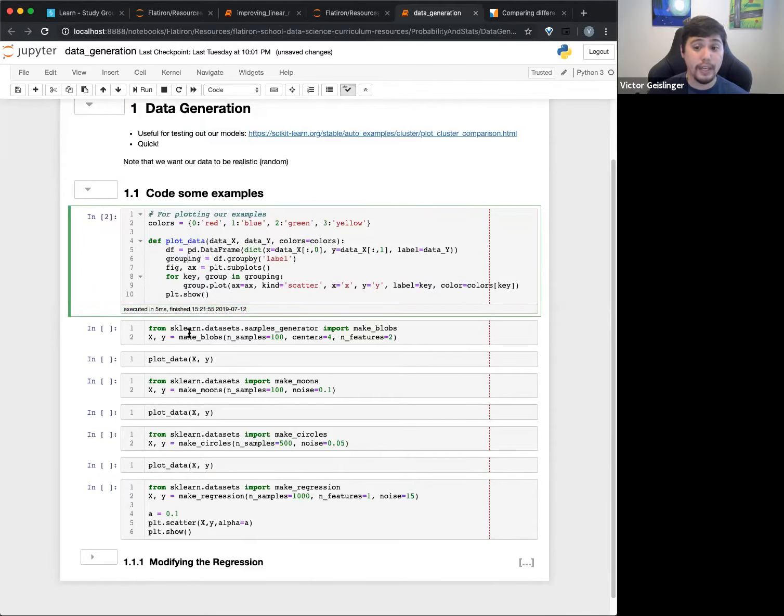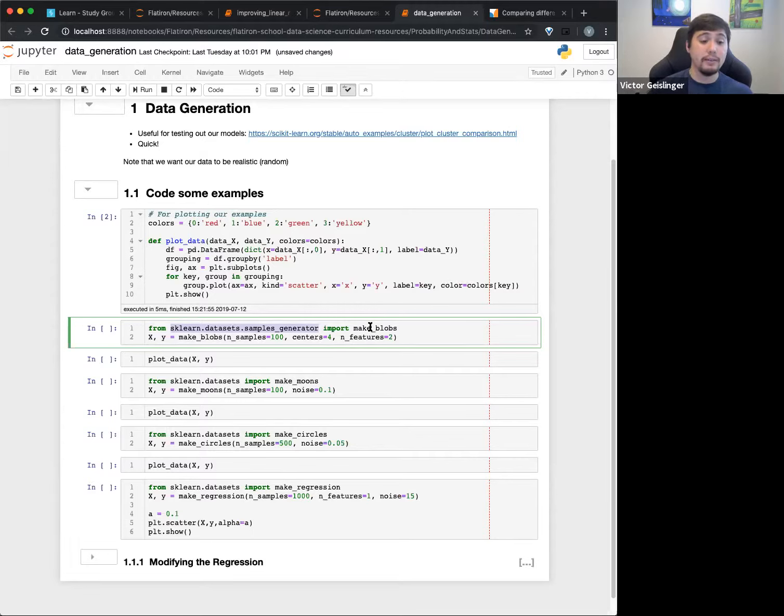what data we generate. So right here, this is our actual generation. This is going to use sklearn datasets samples generator, okay? So this is our whole library right here, and we're gonna import make_blobs. So make_blobs essentially will allow us to make different data sets, and we can pass in parameters. For example, I can create 100 samples,